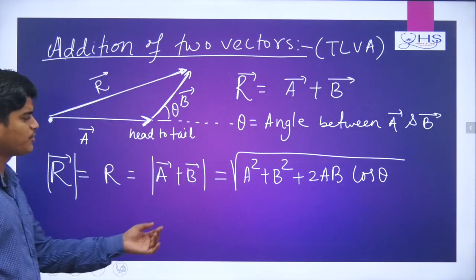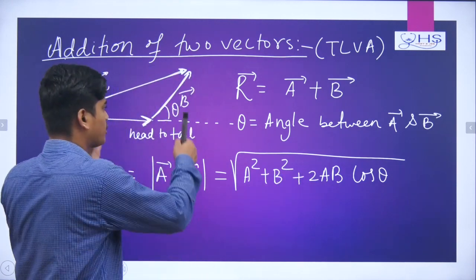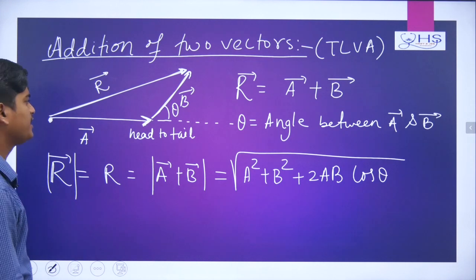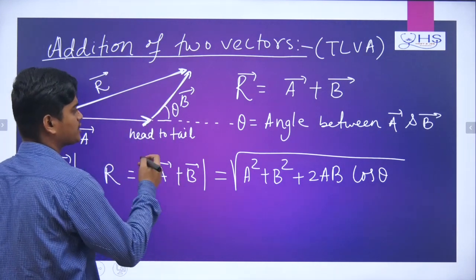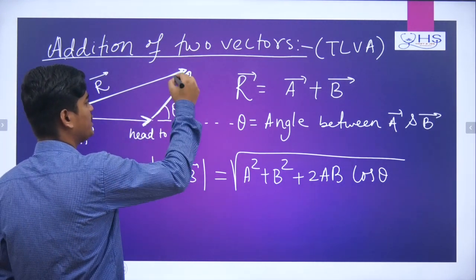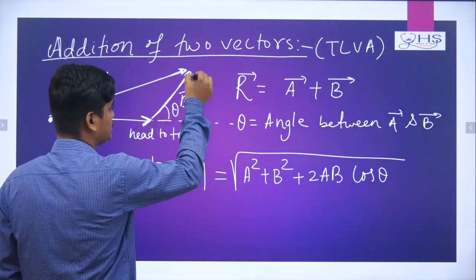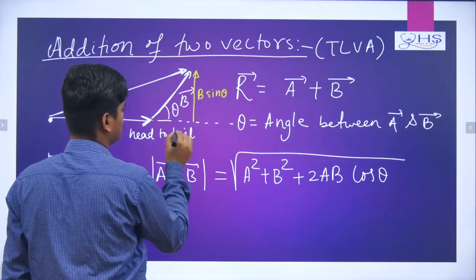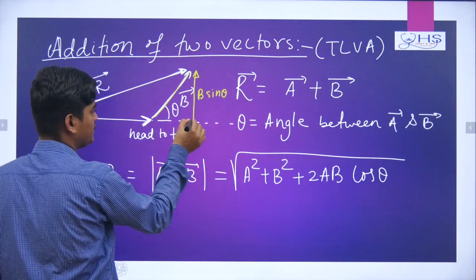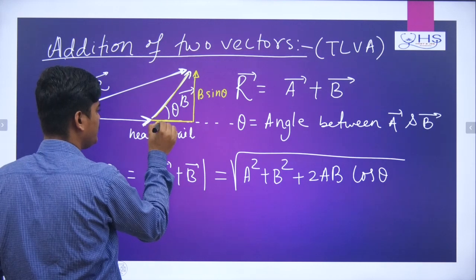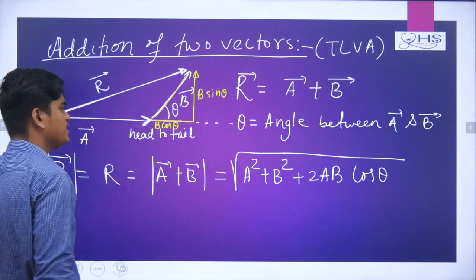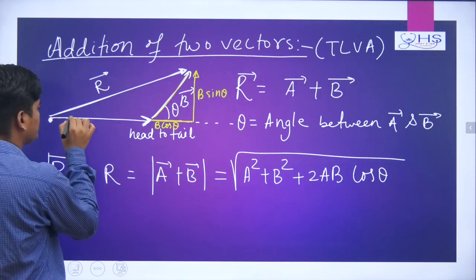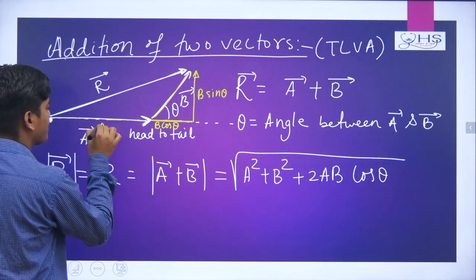And how is this formula coming? Now this formula is coming from this picture only. If you see here, if I take the components, we will also study components in the next lectures. Now here, this will be the B sin theta component, and the component of B I am taking, this will be B cos theta. What is this? B cos theta, and this is your B sin theta. Now from here to here, the magnitude is A.